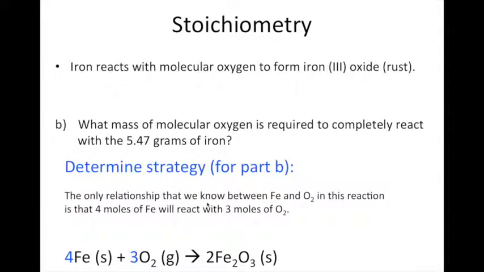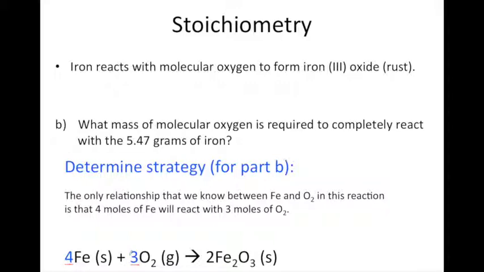So let's take a look at part B. Part B says, what mass of molecular oxygen is required to completely react with the 5.47 grams of iron? So we're given 5.47 grams of iron. We have a lot of oxygen, but how much oxygen is actually used in the reaction? Well, to solve this, again, we need to be sure to use our ratio of our coefficients, so our stoichiometric